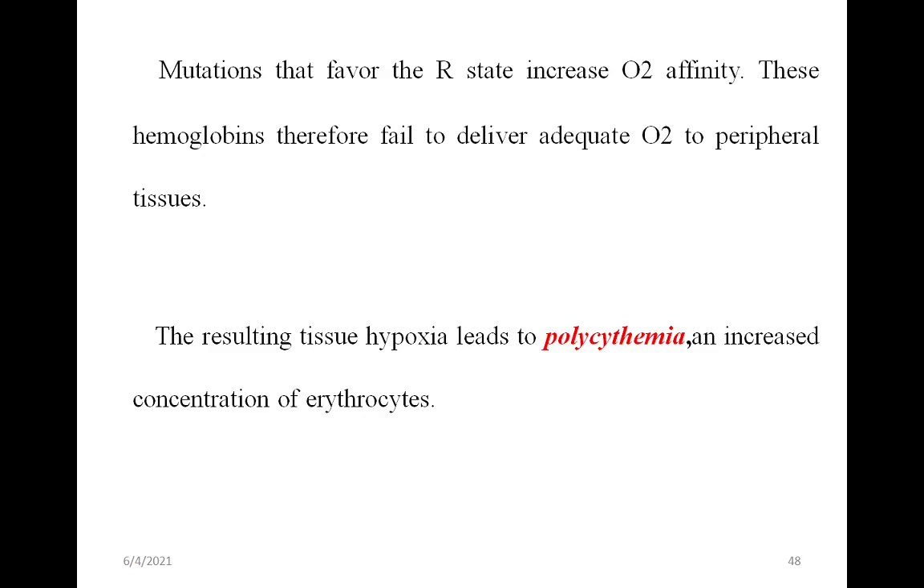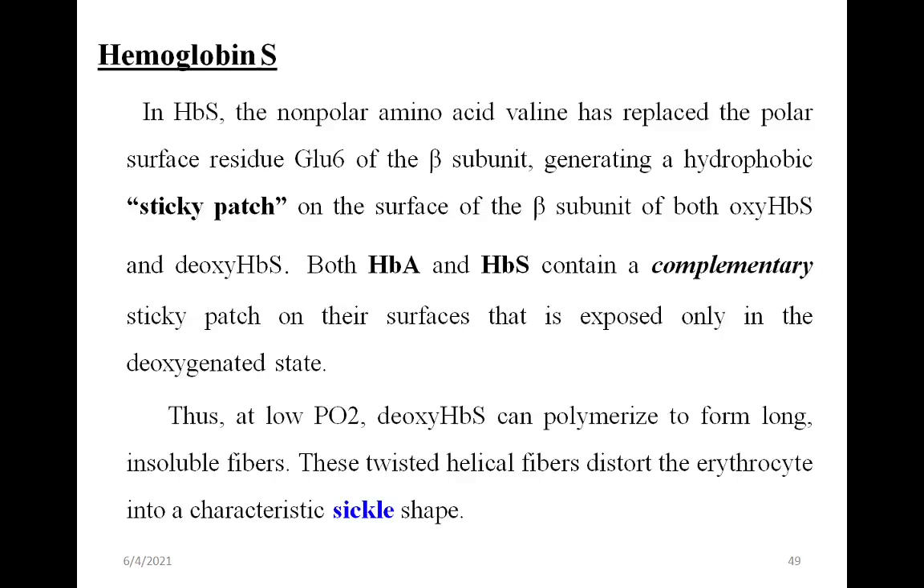In the peripheral blood, the RBC count will be high in case of methemoglobin. Now, hemoglobin S, sickle cell hemoglobin. In hemoglobin S, the non-polar amino acid valine has replaced the polar surface residue, glutamic acid, at the 6th position of the beta subunit, the beta polypeptide chain,